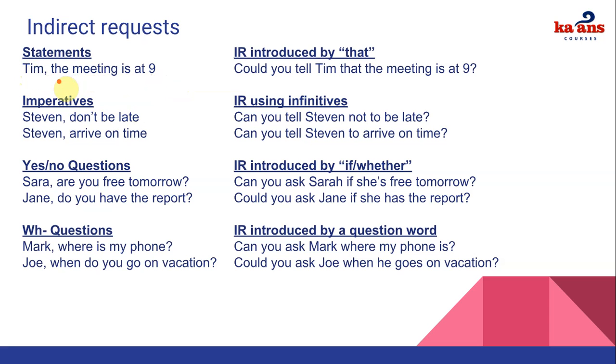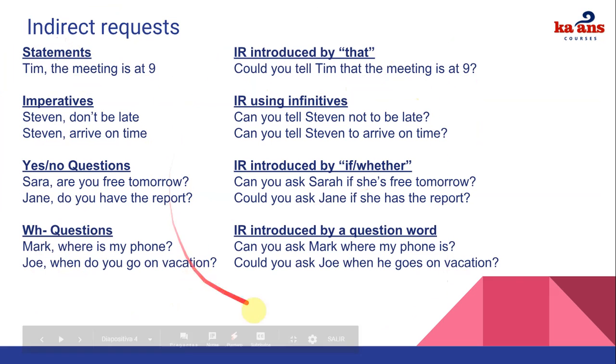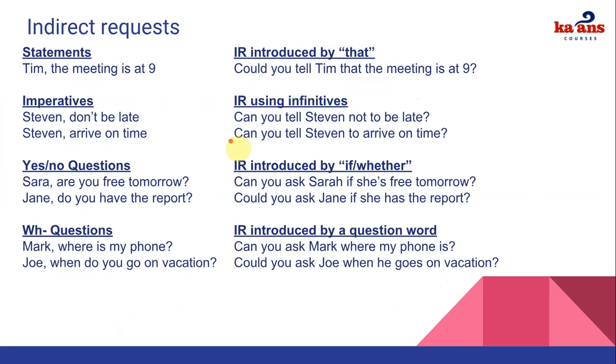Instead of saying Tim, the meeting is at 9, I am going to ask a different person, such as Max in this case. Could you tell Tim that the meeting is at 9, please? Right? So I could say something like that. Max, hi, good morning, Max. I'm sorry. Could you tell Tim that the meeting is at 9? Okay? And as you can see, we have the type of requests and how you're going to make them to a second person, because it is going to be an indirect request.